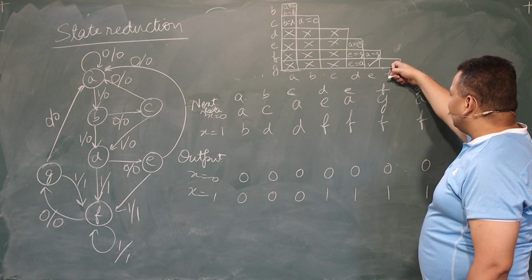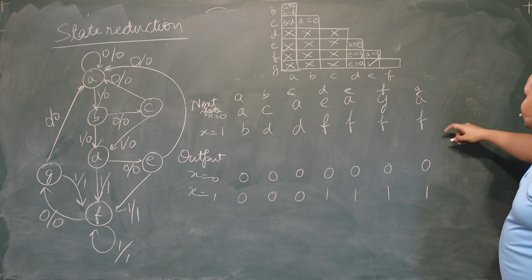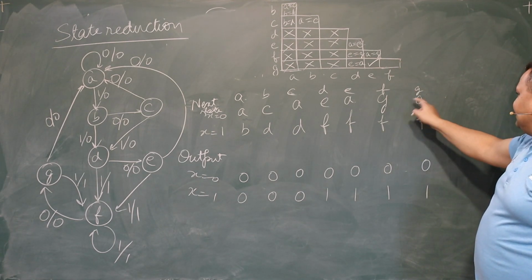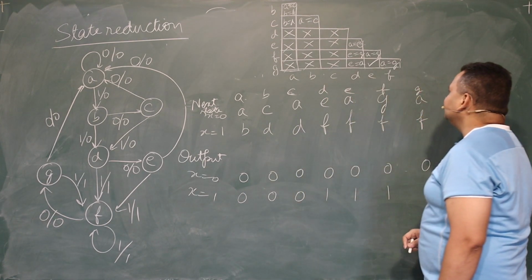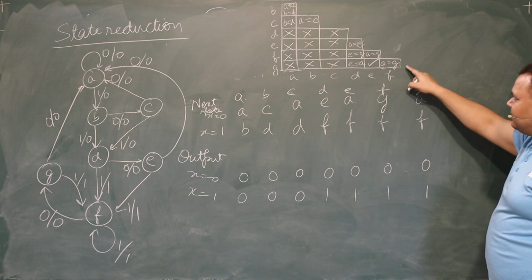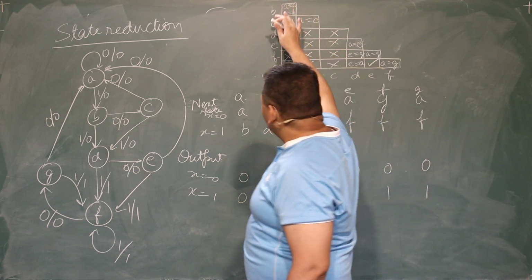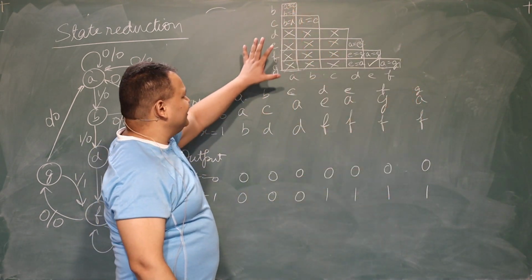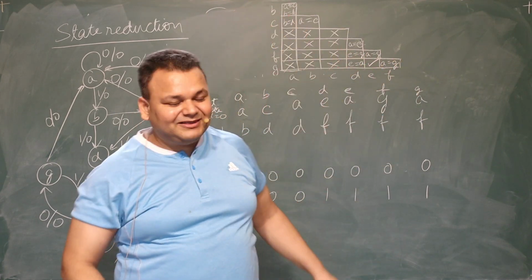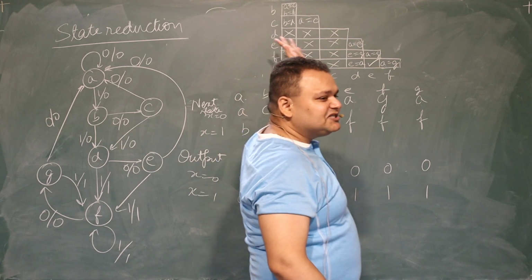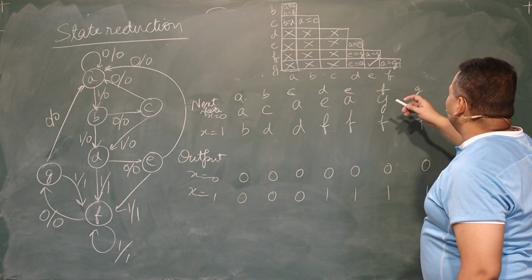What about state F? F and G, what is the condition? A should be equivalent to G. Okay, so this is the requirement. Now let us go through this whole thing once again. Once we have written down all the basic conditions, now let us try to verify whether the conditional statements are true or not. Let us start from easiest ones.